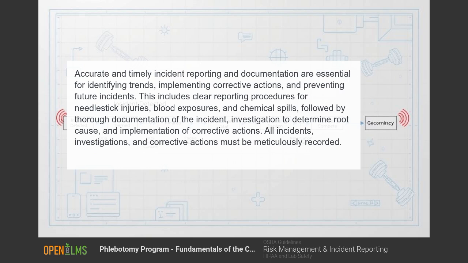Accurate and timely incident reporting and documentation are essential for identifying trends, implementing corrective actions, and preventing future incidents. This includes clear reporting procedures for needle stick injuries, blood exposures, and chemical spills, followed by thorough documentation of the incident, investigation to determine root cause, and